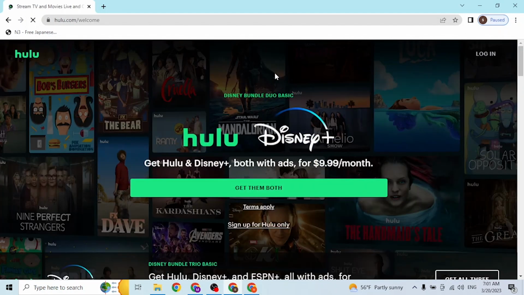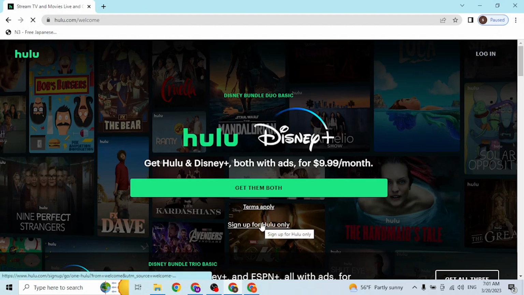Now from over here, in order to log into your Hulu account, you can see the login button at the top right corner of the page. But if you have not yet created an account on Hulu, you can simply click on the sign up for Hulu only button available over here to go through a procedure to create an account on Hulu. With that being said guys, let's click on login,